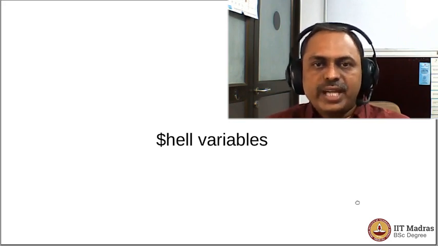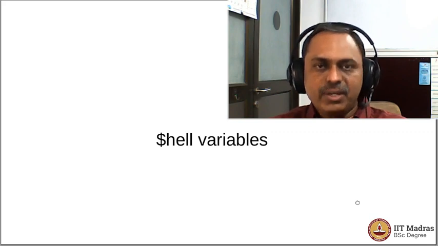So to be able to find out what are the variables defined in the shell, what are the values that they contain, how to define those variables and modify them would be part of our exercise, and today we will see how to just display what are the variables that are available for us in the shell.